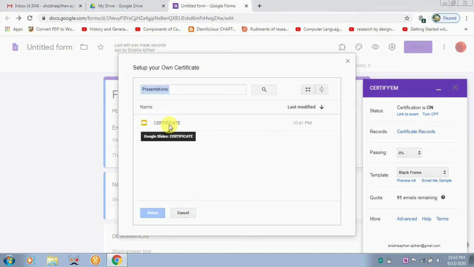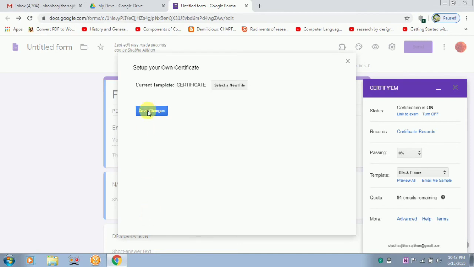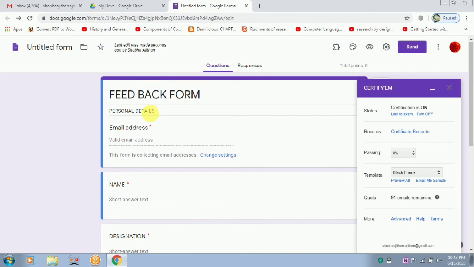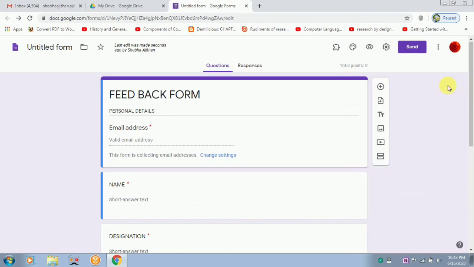I have kept this in Google Slides. Select it, save changes. So once the certificate has been linked, now you can close this.